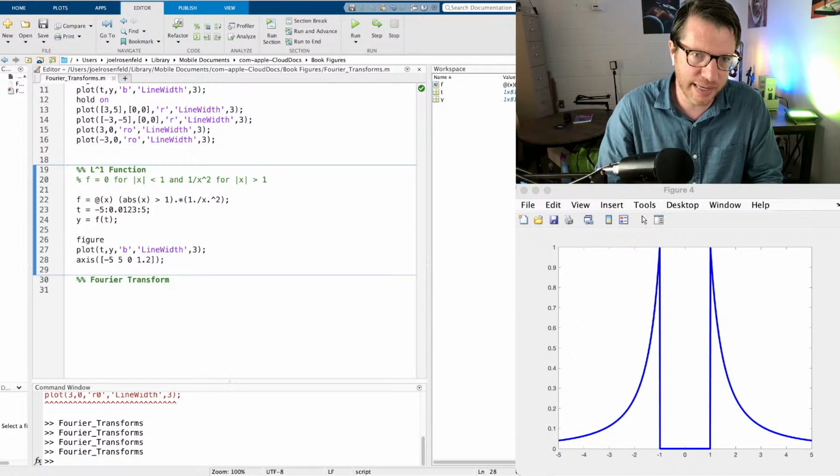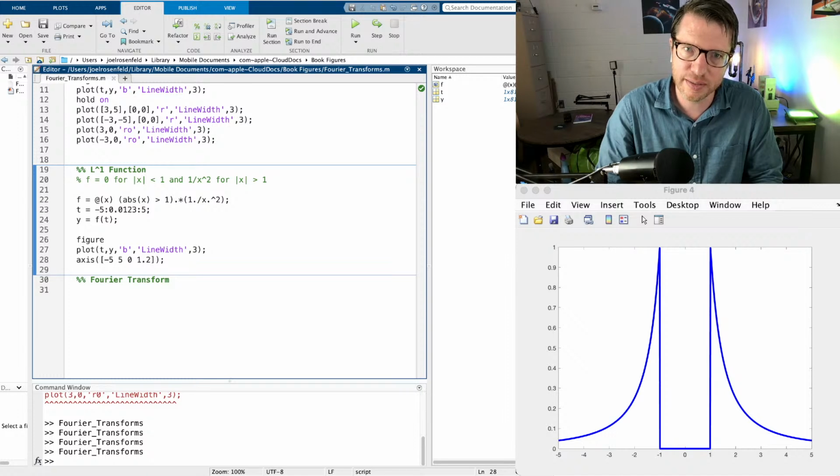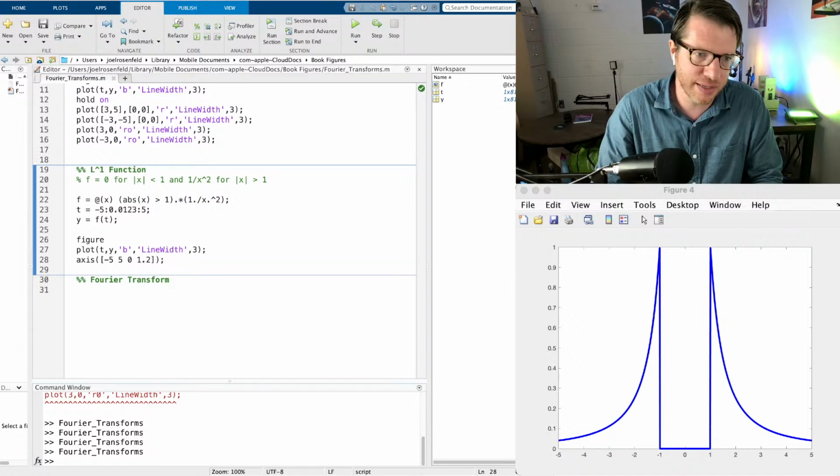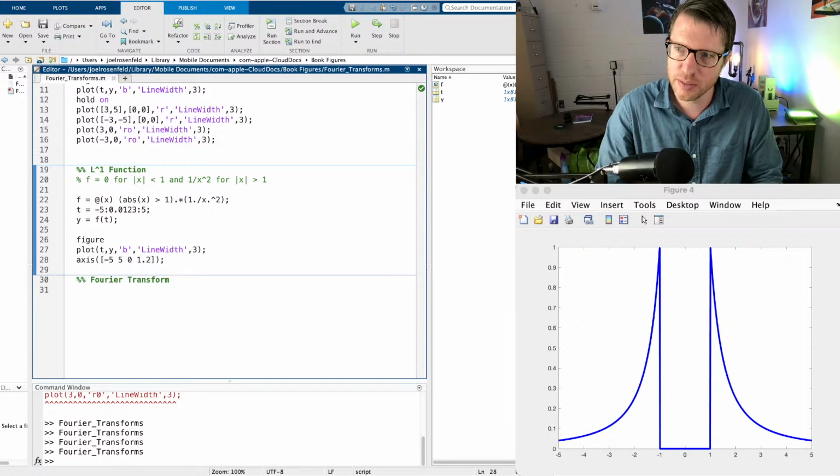Okay, so I'm not liking the connecting bit there, so we need to get rid of that. What we can do is